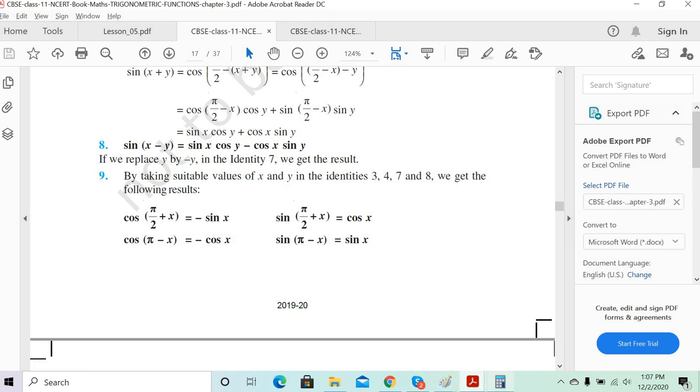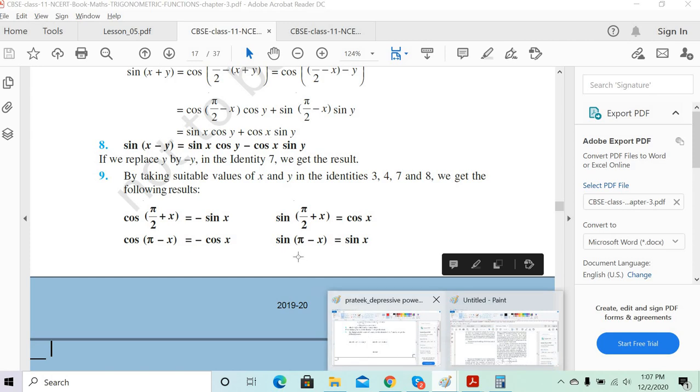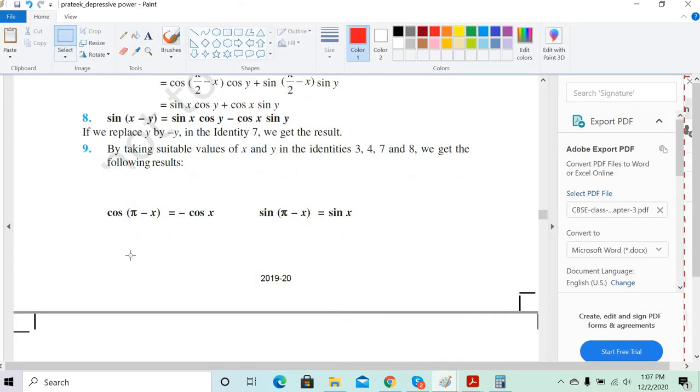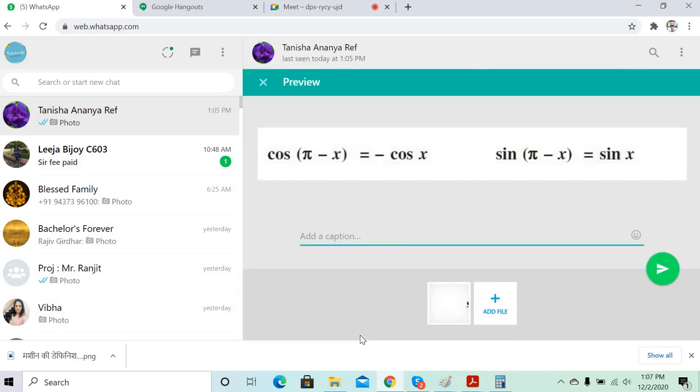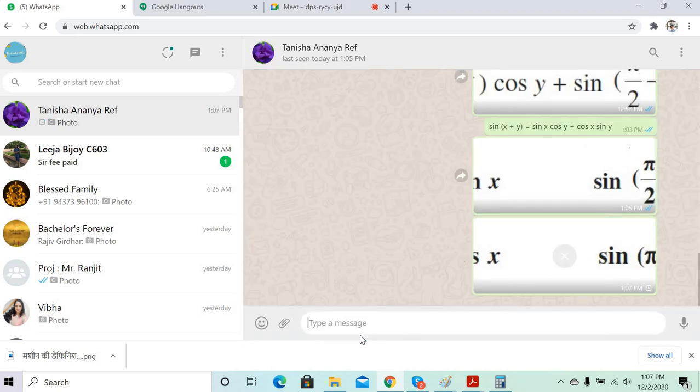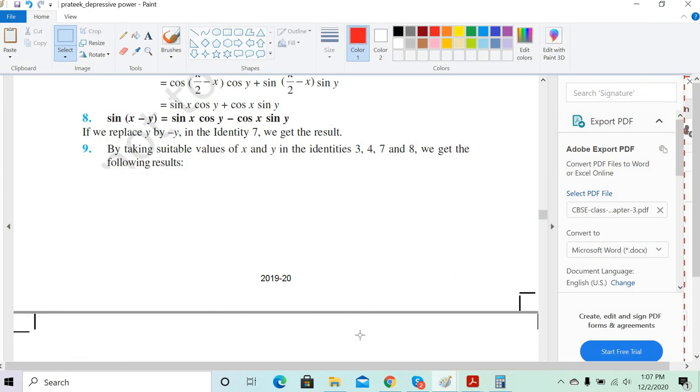Now we'll go to the supplementary. Yes, sir. Now I'll tell you about the supplementary. Remember that this will not change. In supplementary, sine will remain sine, cos will remain cos, and tan will also remain tan. It's just based on the sign convention. The only thing that will change is the sign.